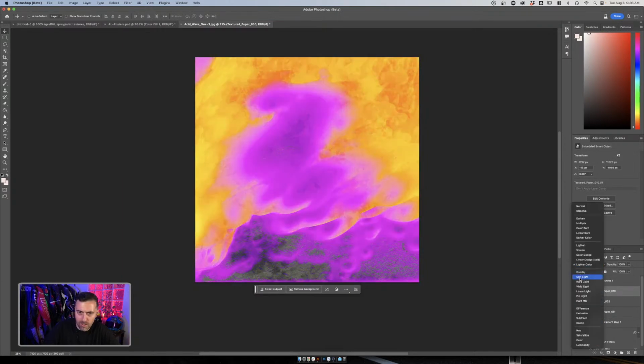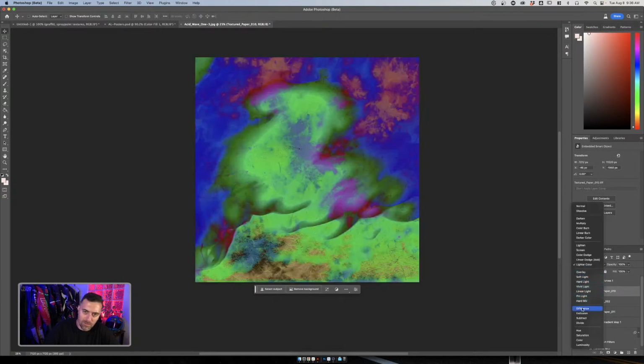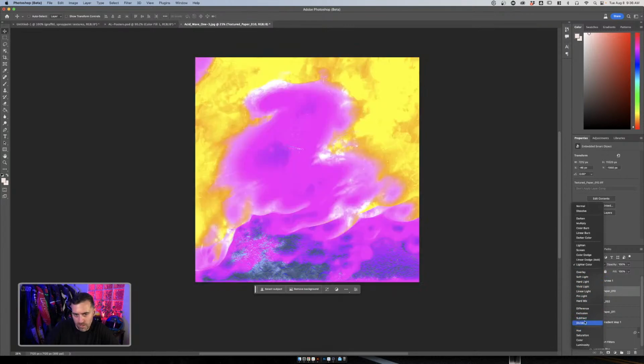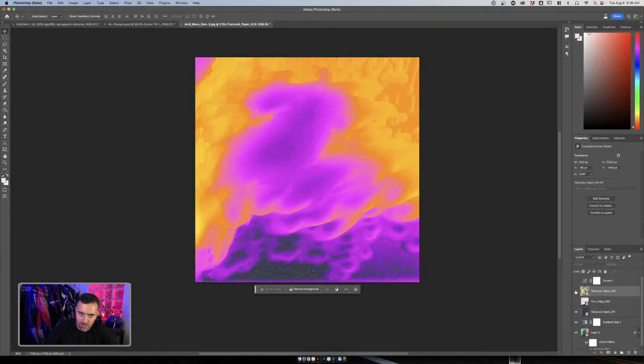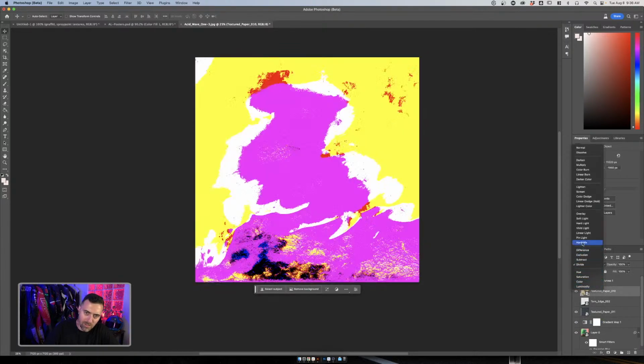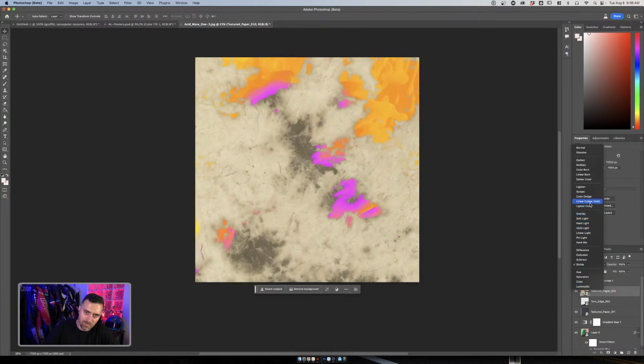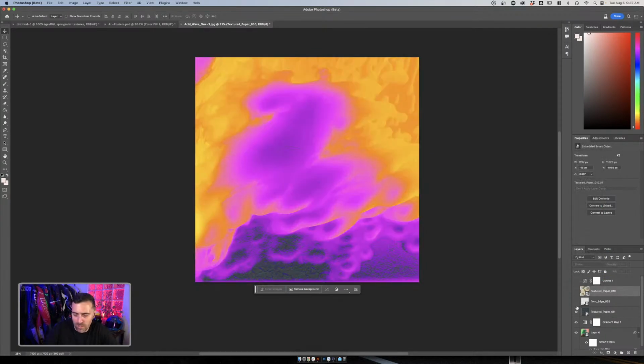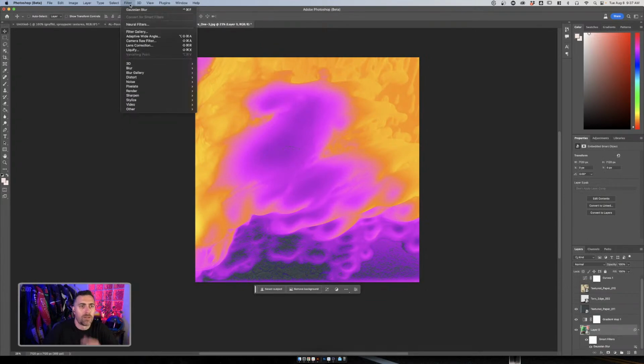Let's see here. This is kind of a fun tie-dye effect thing, but I think it's a little bit too much maybe on this piece. It needs to not divide. We'll leave it like that. What other things do I want to do to this piece? I can do filter. I can add some noise in, dust and scratches.